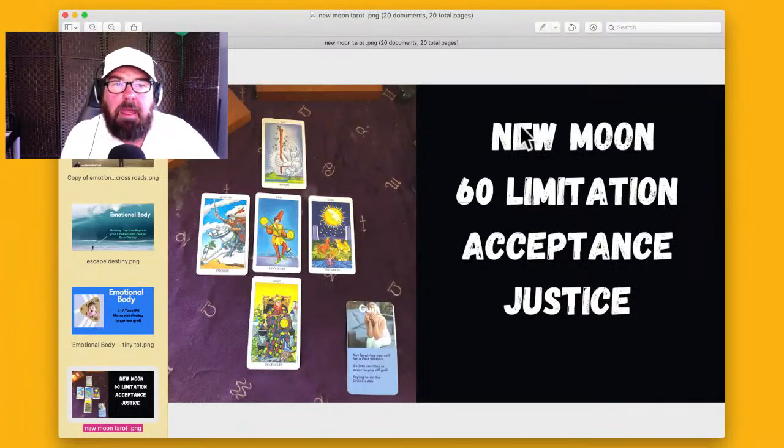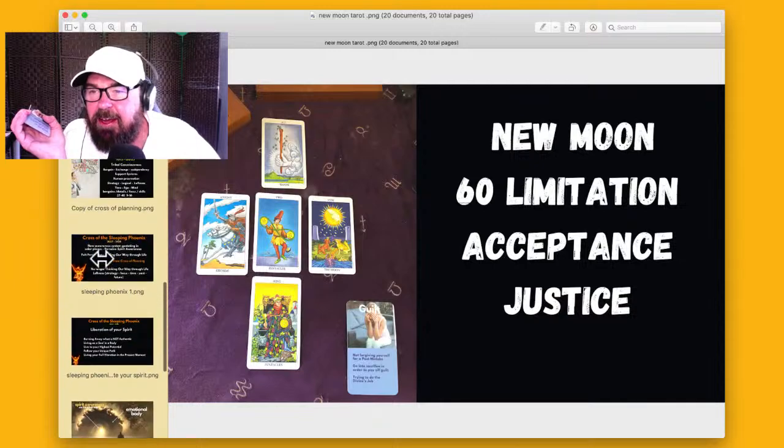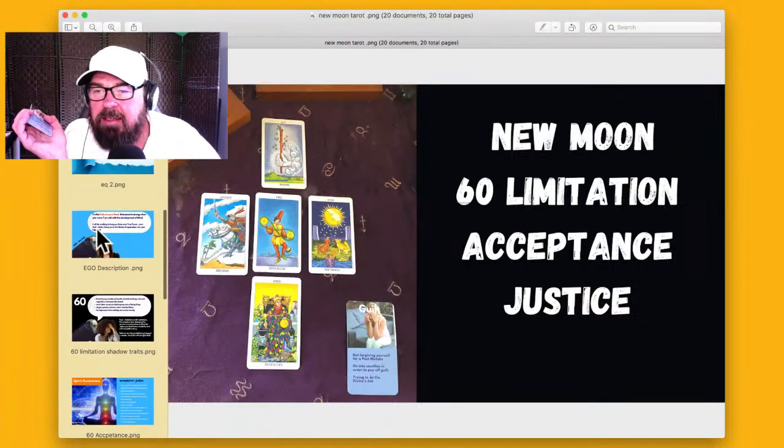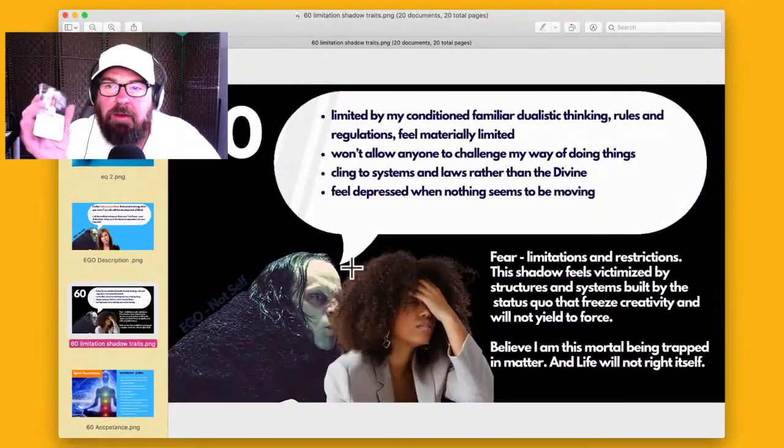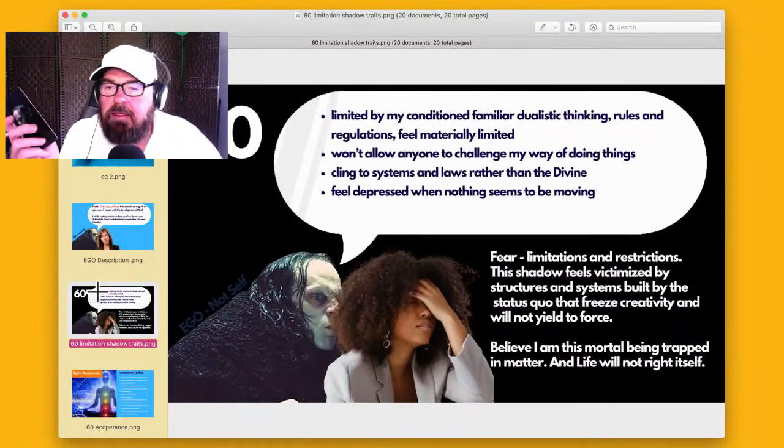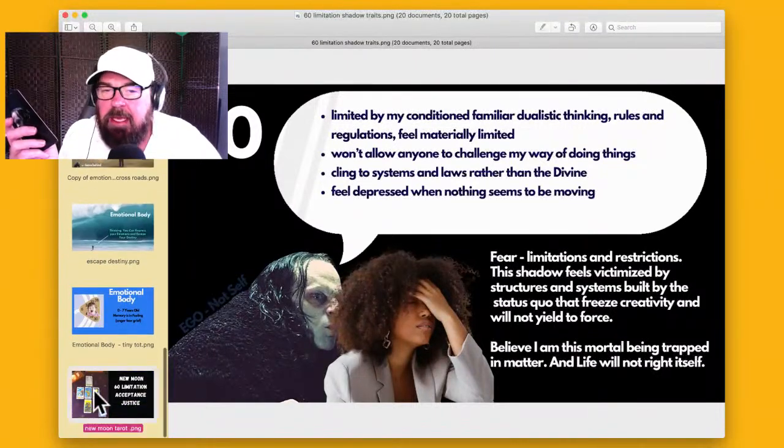Yeah. And the new moon's all about seeding something new. So it's not necessarily about taking action on the new moon, but it's about just seeding, right? Just getting clear on your intentions. Yeah. So that's good. And then what's the ego telling us? This ego, that voice in your head, that is not your friend. Ego is not your amigo. It's telling you about guilt.